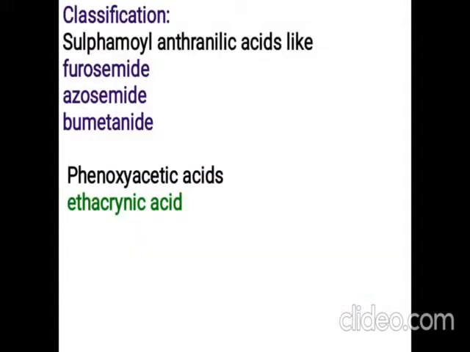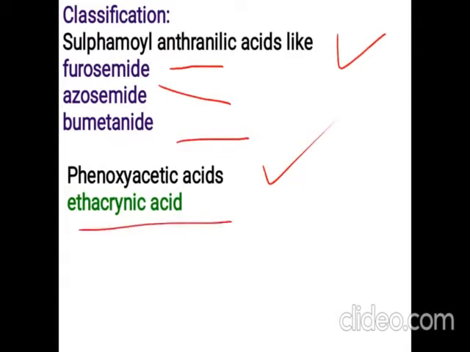These high ceiling diuretics, loop diuretics, are classified into two types depending upon their structure. One is sulfamyl anthranilic acid like diuretics. Second one, phenoxyacetic acid diuretics. So depending upon the structures, they are classified into these two types. Drugs furosemide, azosemide, bumetanide come under the sulfamyl anthranilic acid like diuretics,